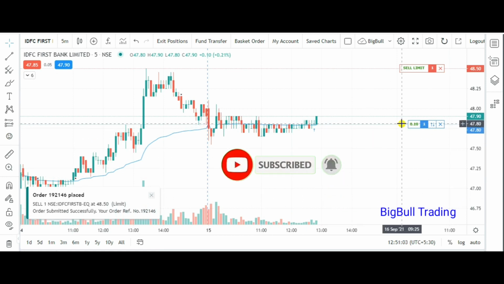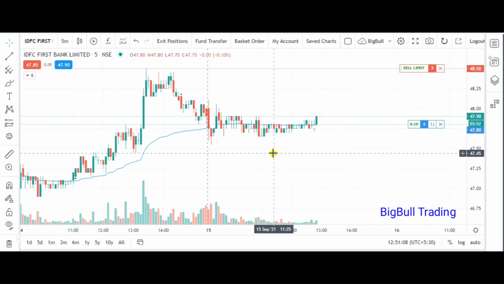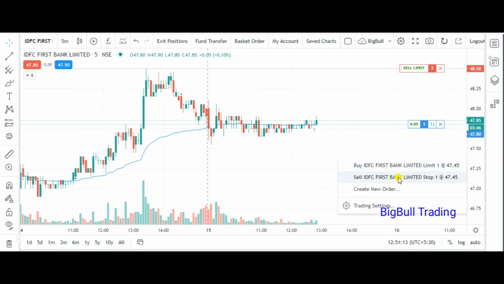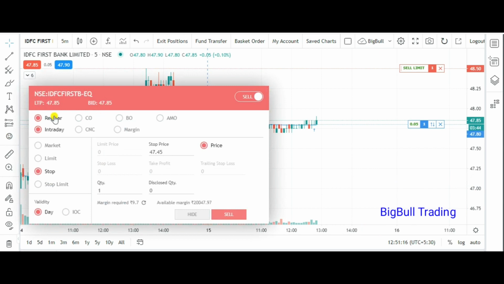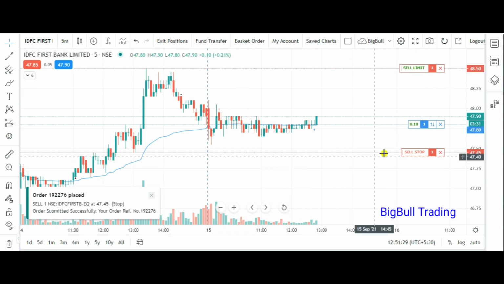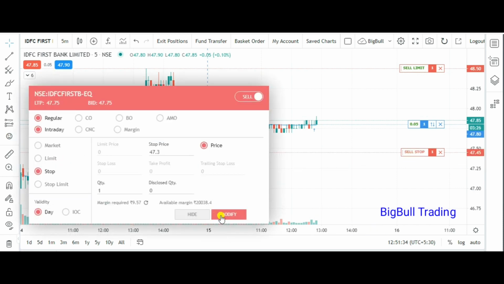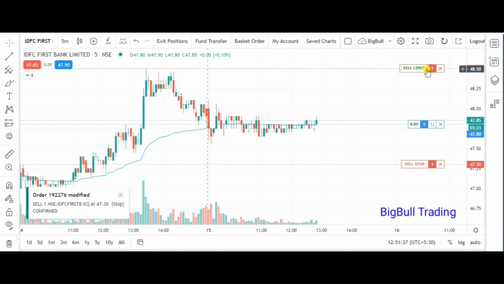Again, for example, after you buy, now the price is 47.90. You feel I want to put my stop loss at 47.45. So you go here, again you click here, again you go to the sell one, and here you put the stop order. This is the stop loss order, so it will be the stop, and again you put it here, the sell. So here you can see now the sell limit, this is for the target, and this is the stop loss. Manually, suppose you feel no, I want to change it to this level, so you again do it, you can modify it. So this is how manually you can put the stop loss and the target.